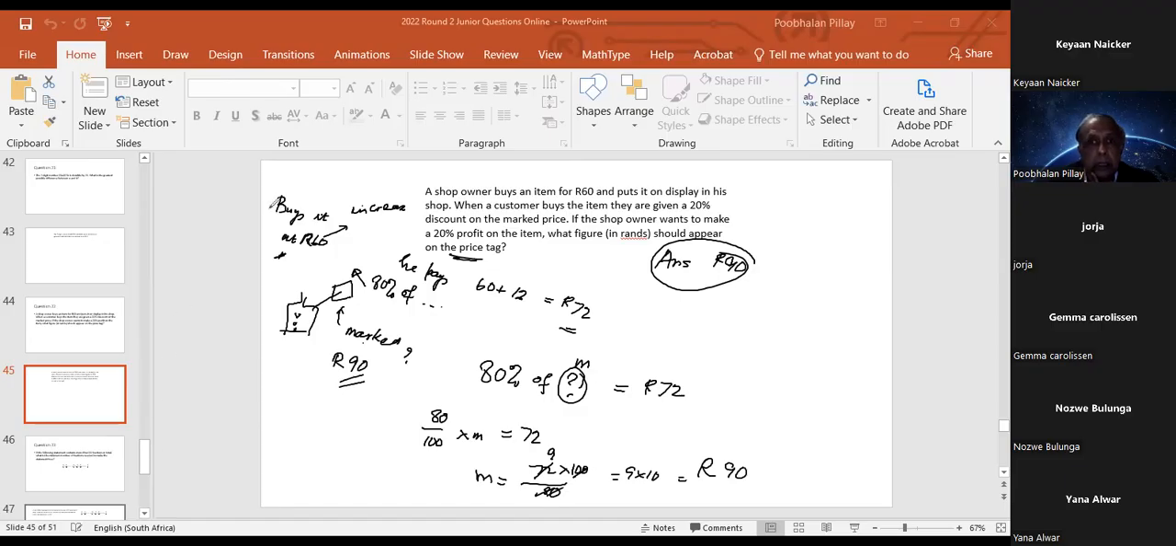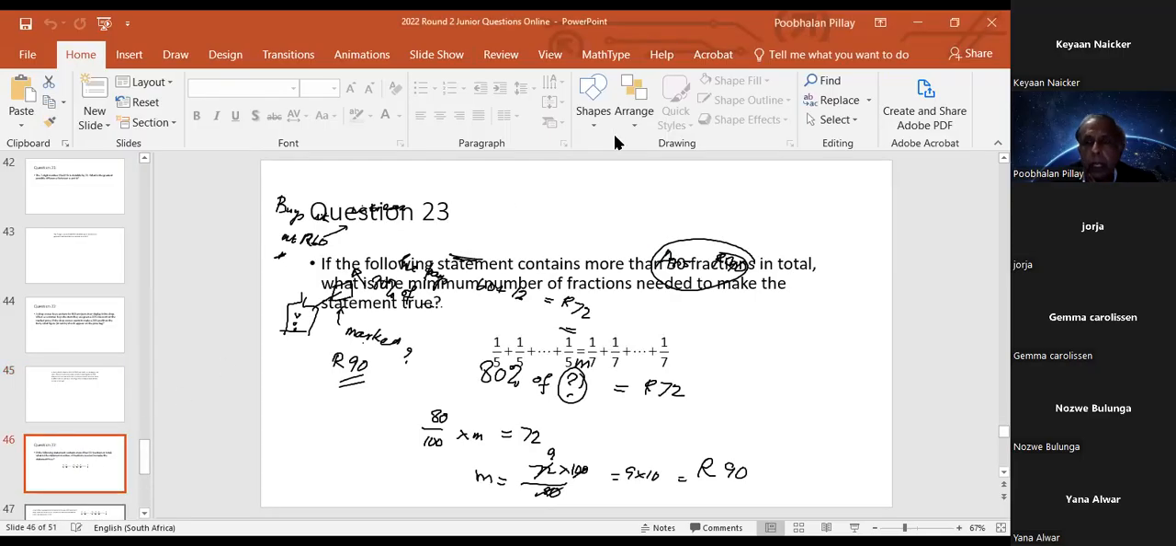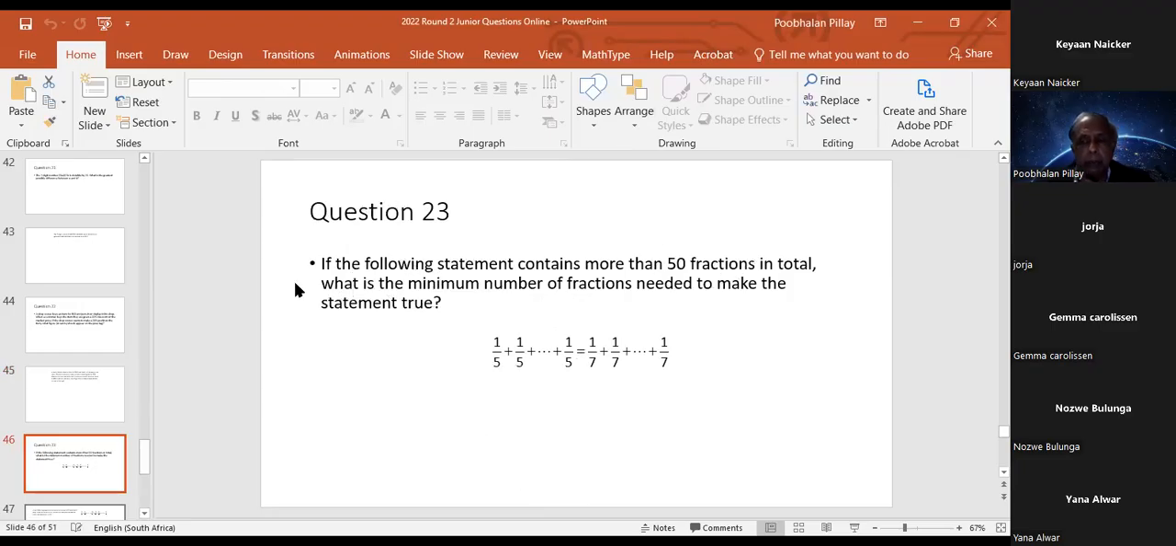Okay, so let's get on. Okay, so the next problem, number 23. Problem number 23 says the following. If the following statement contains more than 50 fractions in total,